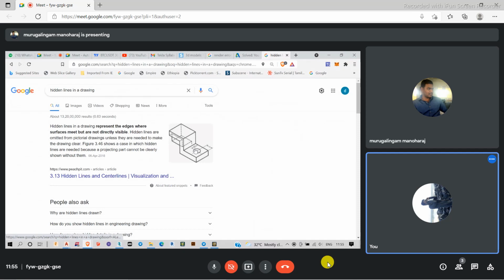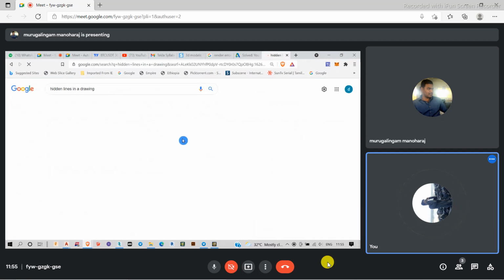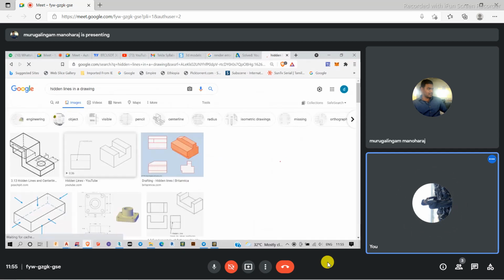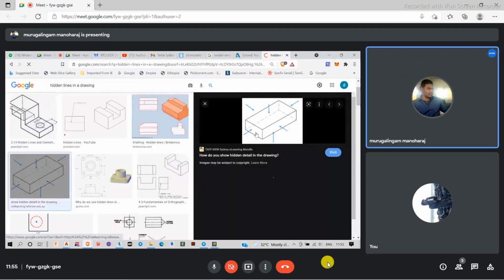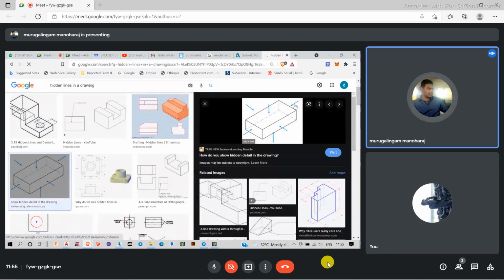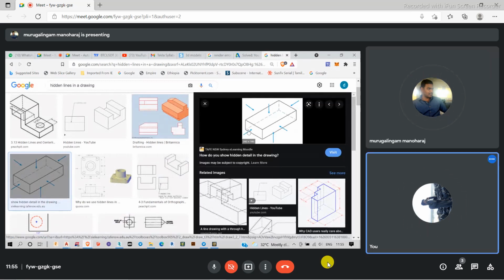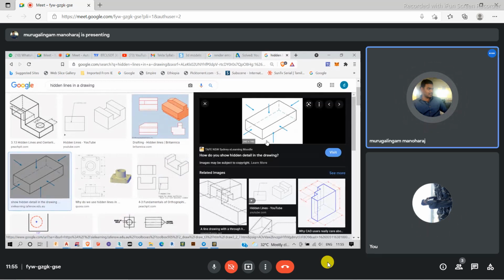See, just for example, there is a simple brick, a simple cube-like structure shown here. There is a line here, but when I am seeing through here, it's not visible. So I have to mark it like this. It means in this view, these lines are not visible, but those lines are present there. This is called hidden lines.